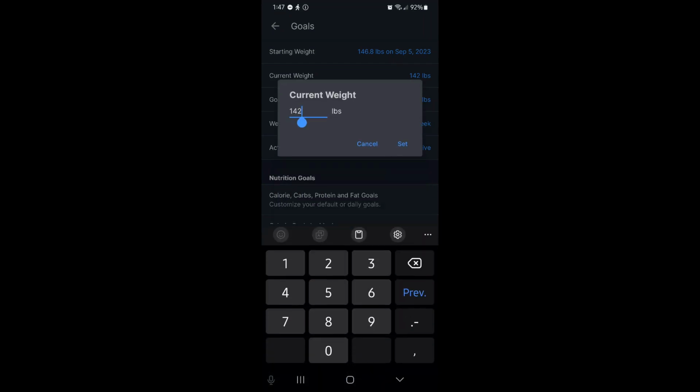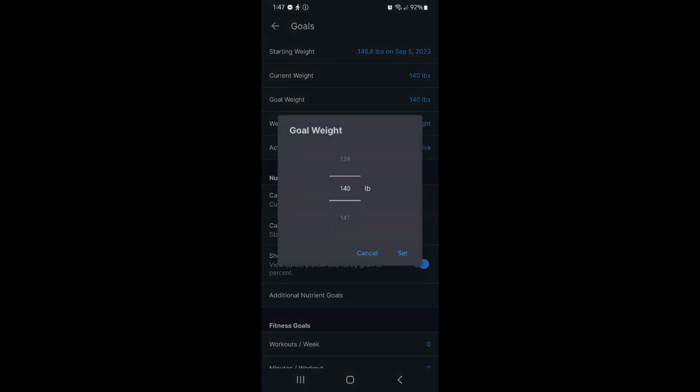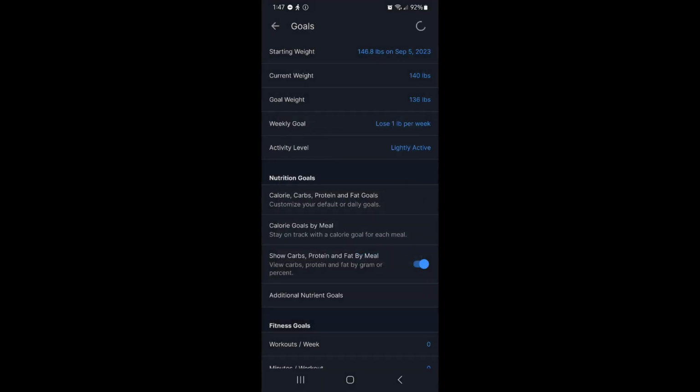I'm going to go ahead and update this. I'm going to say 140 just for number's sake. And I'm going to be stepping on the stage, and I want to lose a few more pounds, and we want to be at 136. Now, what we don't want is